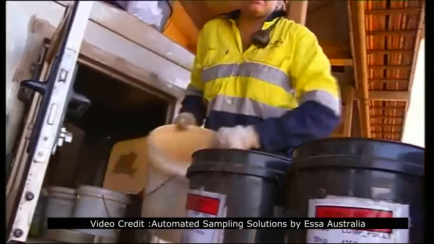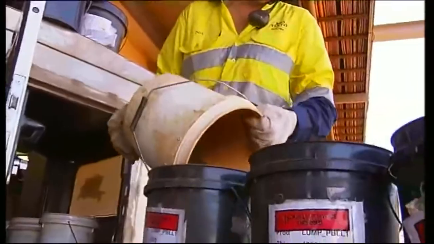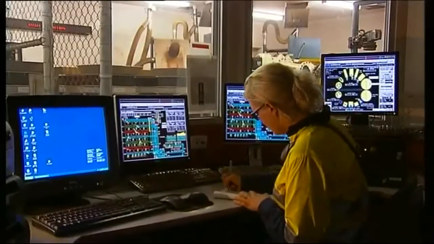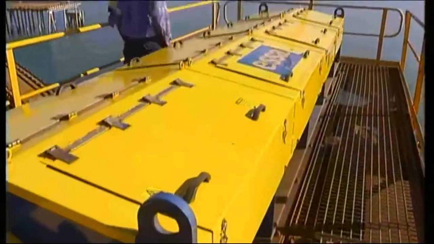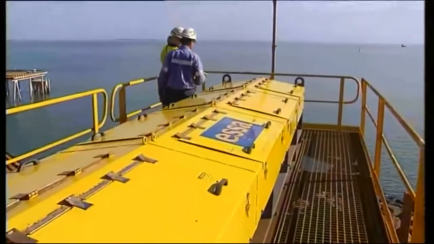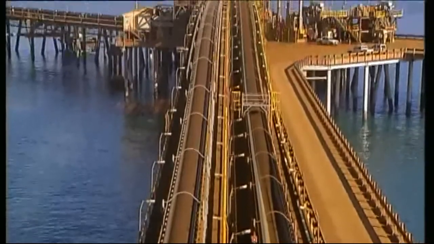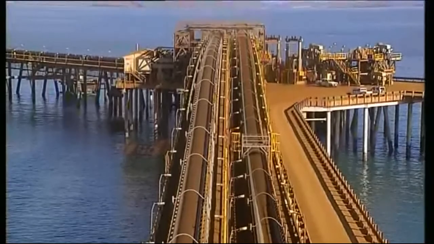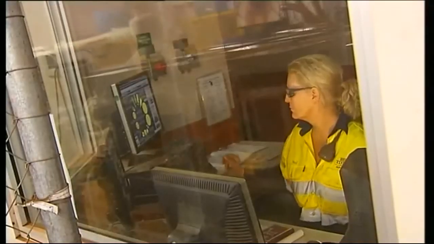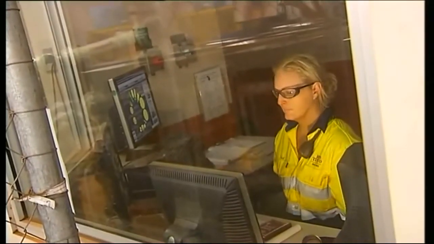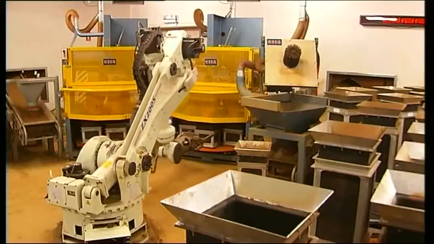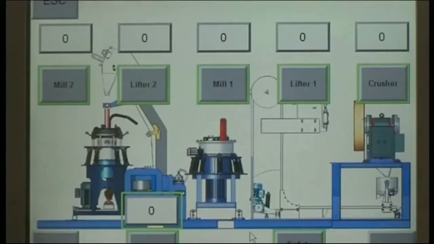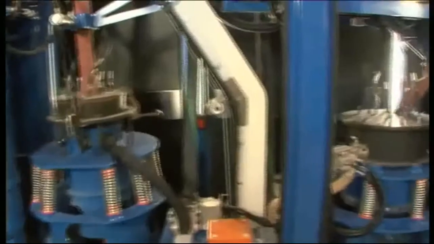Inaccurate sampling at any stage of the process can have a major impact on bottom-line profit. Automated sampling delivers exact and consistent sample increments, providing a true representation of the quality of the bulk commodity, which is difficult to achieve manually. Automation also greatly improves safety on site by protecting operators from the difficult and hazardous task of taking and preparing